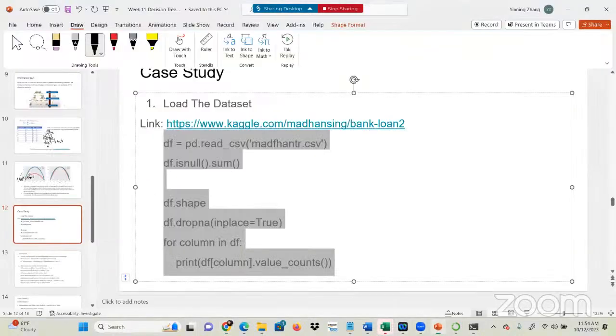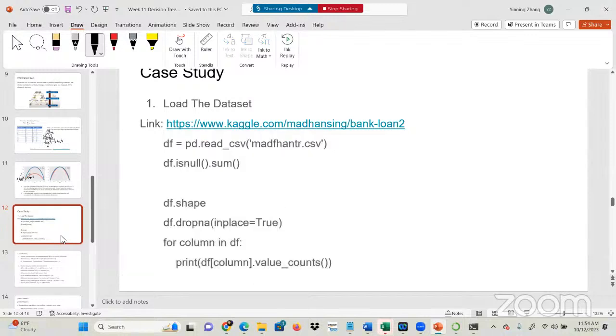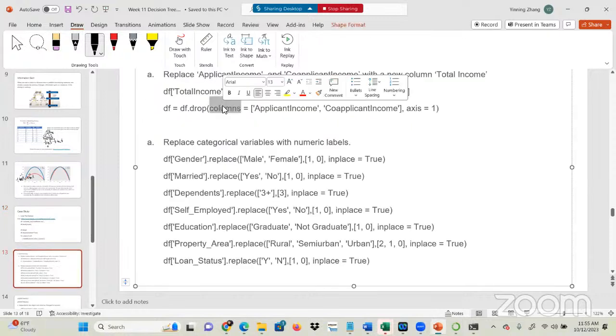So just check whether it's balanced or not. Alternatively, you can use histogram. I think I prefer histogram because you have a better visual. And then here,